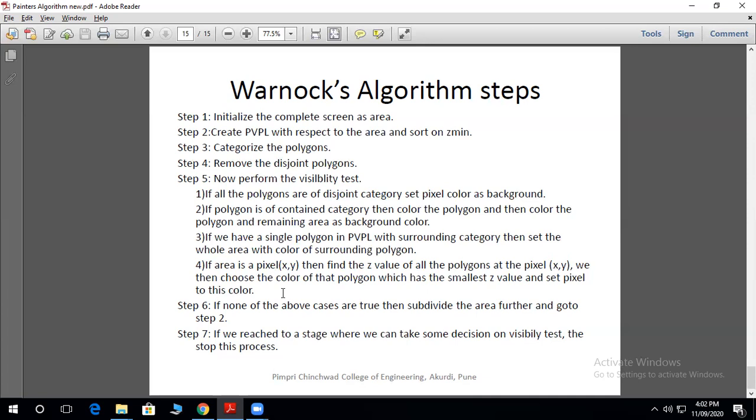So Warnock's algorithm works like this. The advantages of this algorithm are that it follows the divide and conquer strategy. Because of this strategy, parallel computers can be used to speed up the process, and because of that, extra memory is not required. So that is the advantage of Warnock's algorithm.